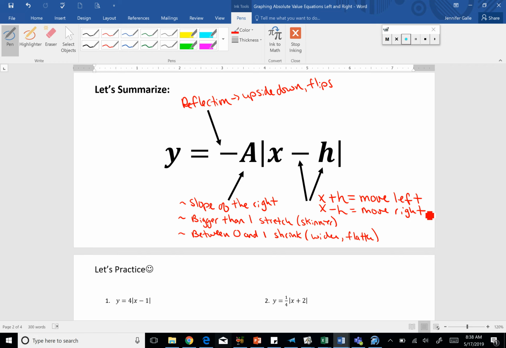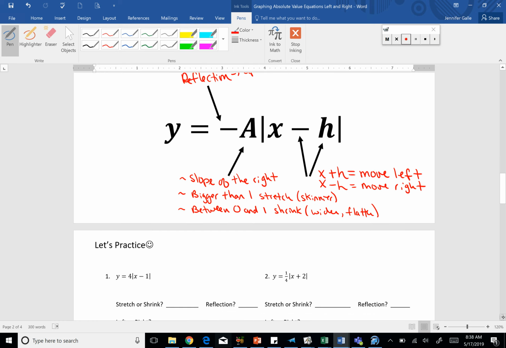So now when you move on to the practice piece, it is on its own separate sheet. So if you need to rip those two apart so you can be looking at this while you're doing the practice, it's not a bad idea. I do want to do just the first practice one with you to show you how you can use those shortcuts